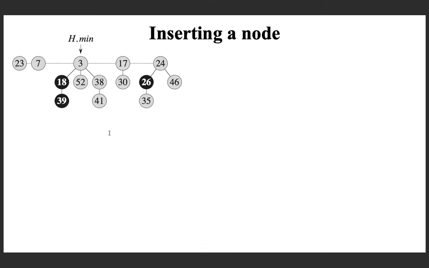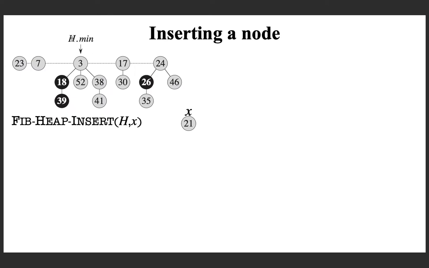Suppose we are given a heap instance like this, and we have to insert a new node, say x, whose key value is 21. So how will you do it? You know that the root list is actually a circular doubly linked list, and if you just add this single node as a tree in the root list, then that completes the main operation to insert.